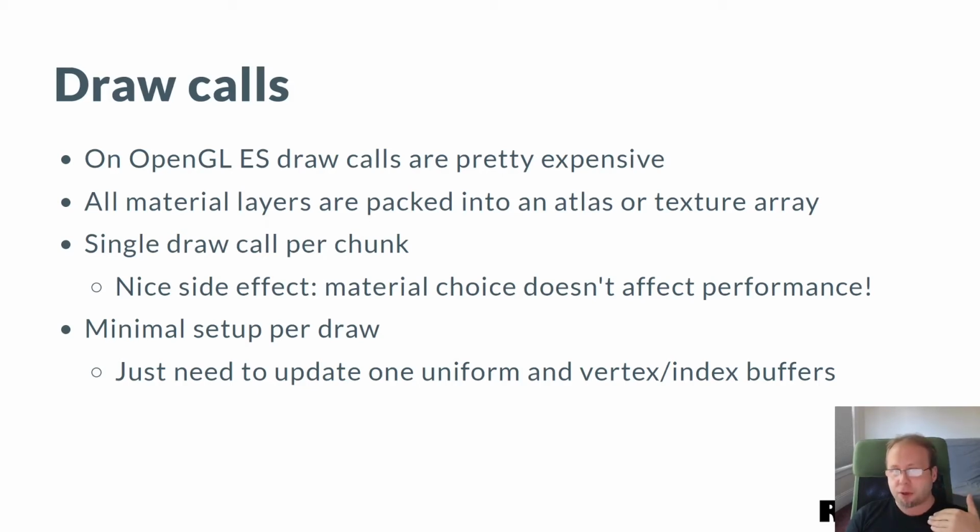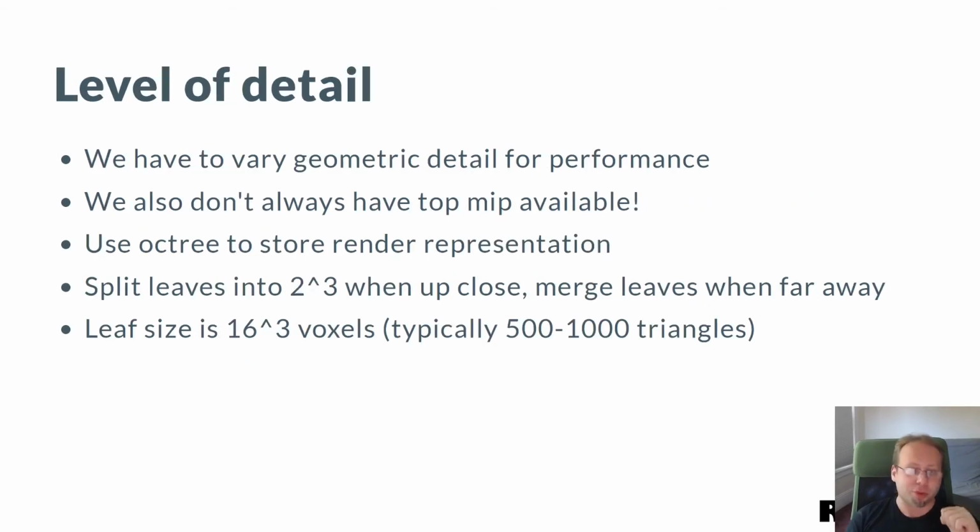So this is great, both because it doesn't really matter as much what materials you use in your level, it roughly performs the same way, and also because all of the material information is front-loaded and set aside in these atlases and texture arrays and constant buffers. So really for every chunk, you just have to update a uniform that corresponds to where this chunk is in space to make bitpacking possible, and that's it. So even if you do have to render many chunks, like hundreds of chunks per frame, even on OpenGL 2 plus devices, it's still pretty fast on the CPU.